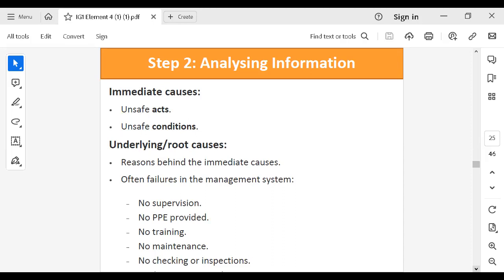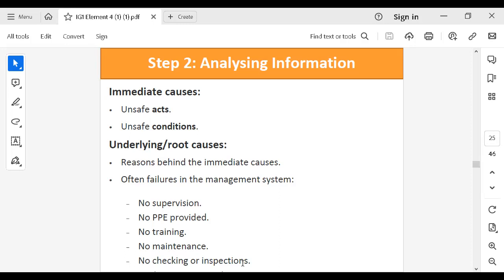What was the reason? The worker was not trained. What was the reason? You will check for failures in the management system. These root causes are usually failures of the management system, because they were not provided to the supervisor. No PPE provided to the workers, and maybe the worker was not trained. Maybe no maintenance for the equipment on which the worker worked, no checking or inspection, maybe no risk assessment,